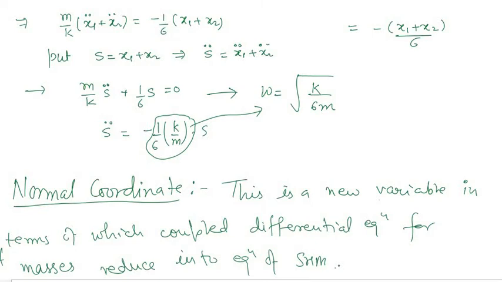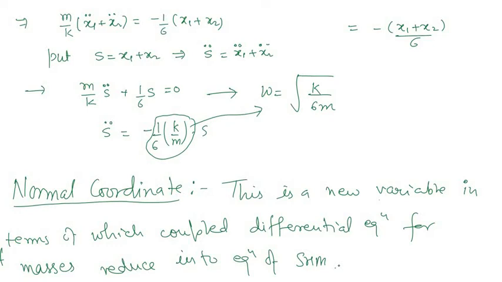So for this problem, the answer should be under root k by 6m, and we have defined a new coordinate that is called the normal coordinate, and here it was the sum of both the displacements, that was x1 plus x2, and this is a new variable in terms of which the coupled differential equation for masses reduced to the equation of